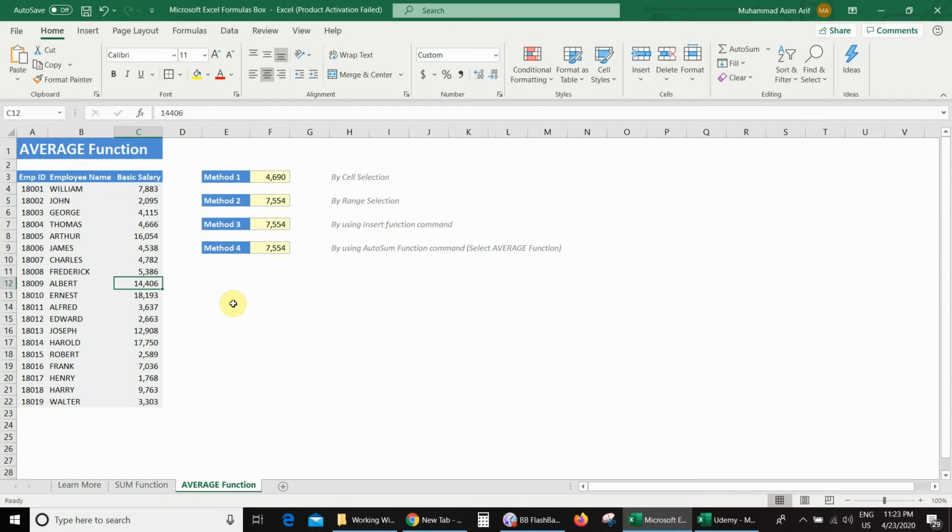In this lecture, we will learn about the second most basic function in Excel, which is average. And we will explore how to use the average function by using different methods. On your screen, we have an employee-wise database, and by using this database, we will calculate average salaries for all these